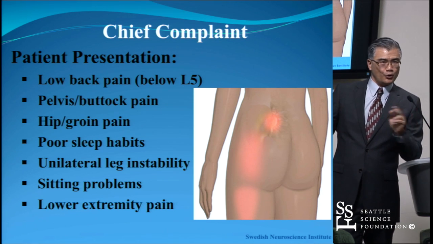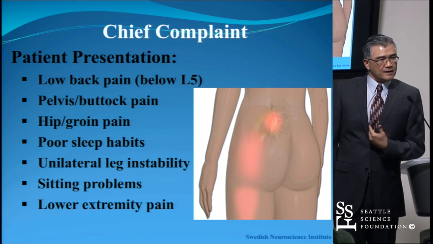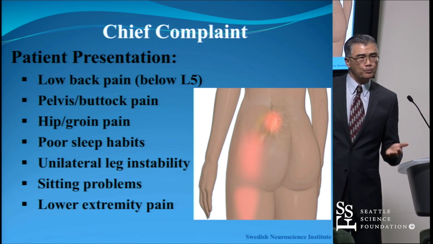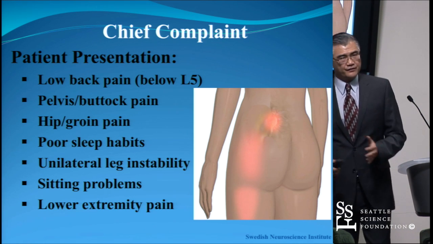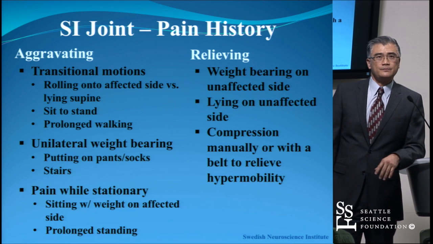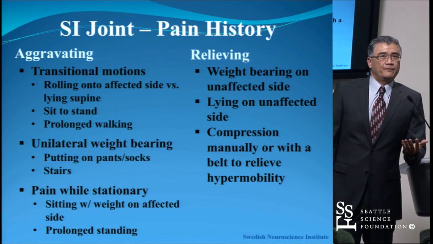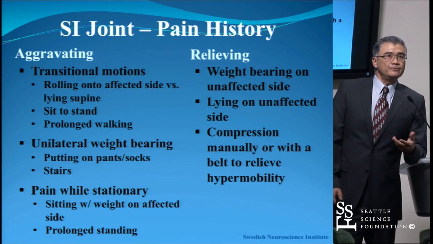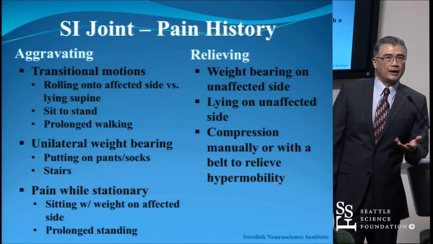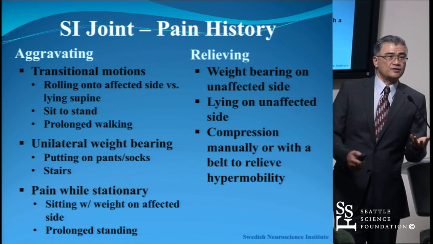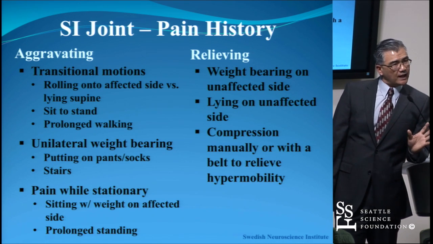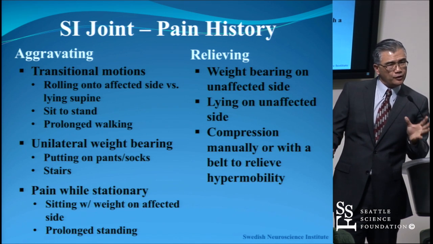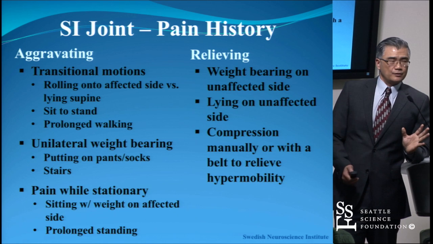if a patient sits with what I call, quote unquote, the elevated butt sign, it suggests to me that this may be SI joint. The patient avoids putting pressure on that side of the SI joint pain. So when they sit, they elevate a little bit and shift the weight to the other side that's not painful. There are also some aggravating factors like motion, okay, direct pressure on the painful side, okay, and the relieving factor is just the opposite. If you take the pressure off the SI joint, it's not as painful. So it's not that difficult, when you interview a patient, to find out whether to suggest this may be